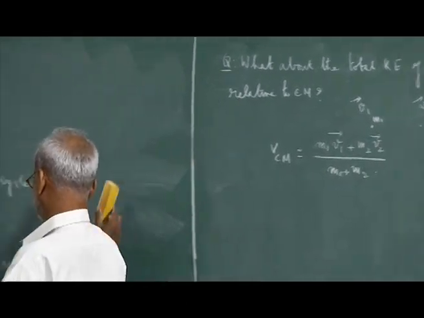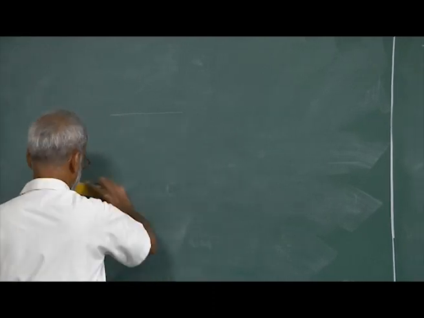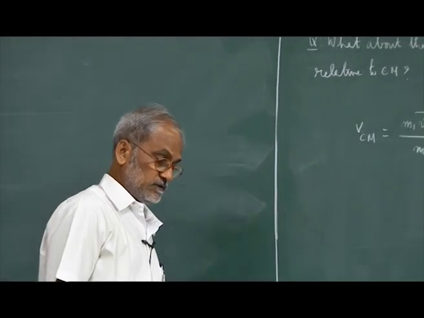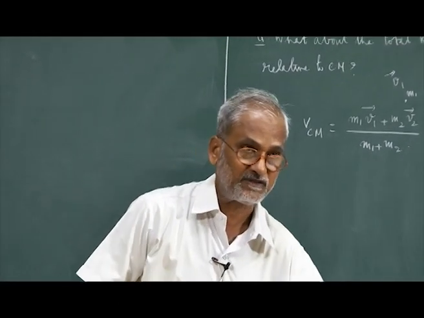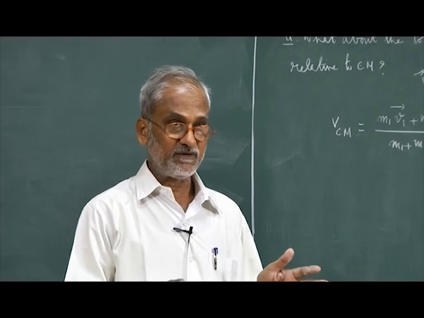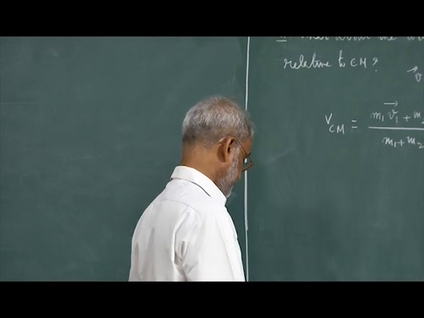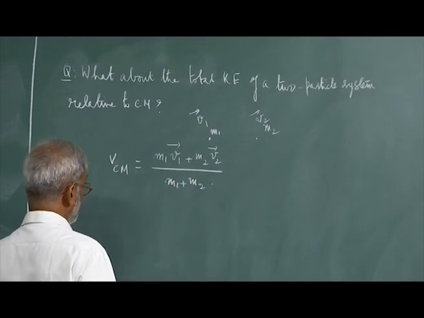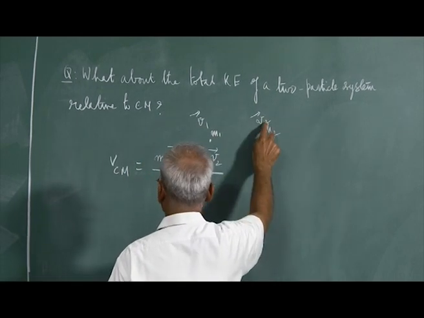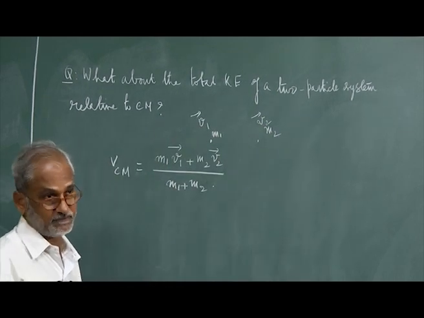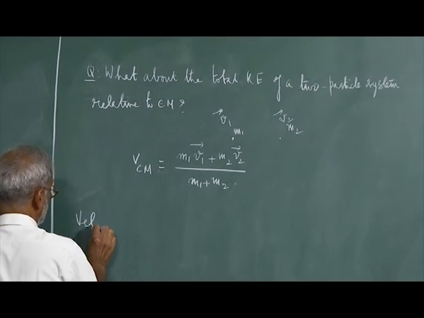Again we have the same situation as there are no external forces, only this is a two particle system. So, as we had seen this problem yesterday, the simplest one is a two particle system. Let us work it out for this. What is the question we asked? We need to calculate the total kinetic energy of this system with respect to the center of mass, right? And so, velocity of m1,